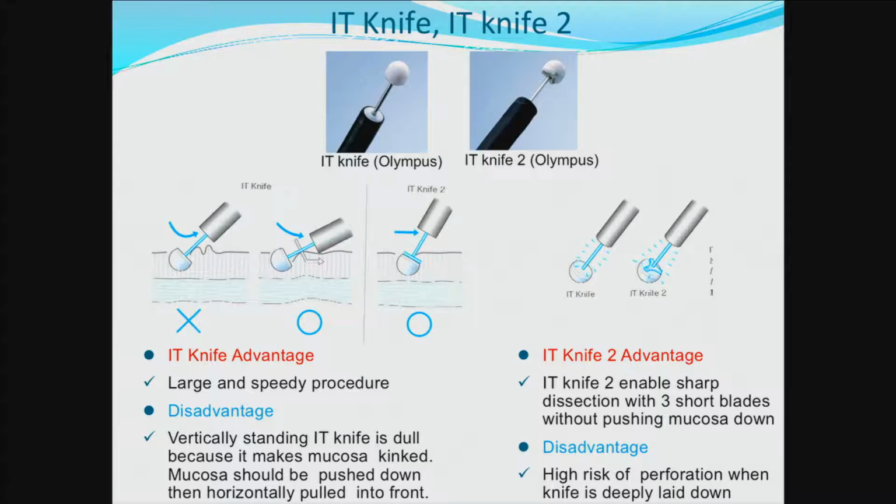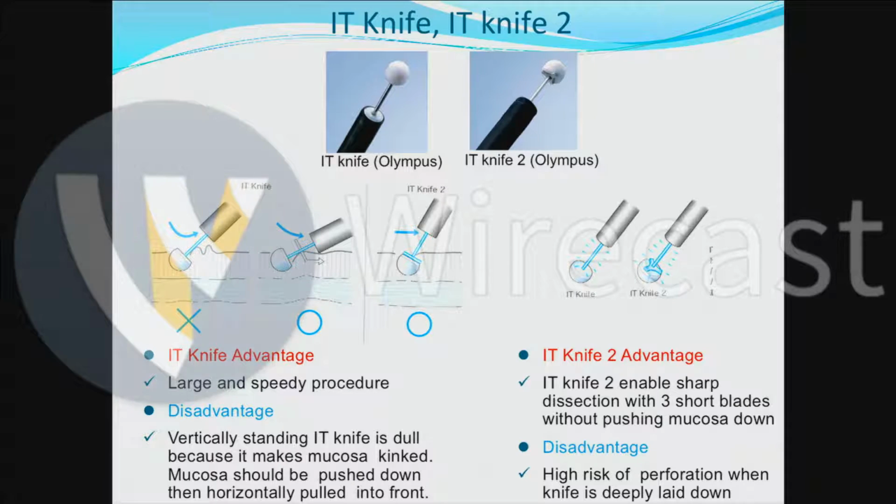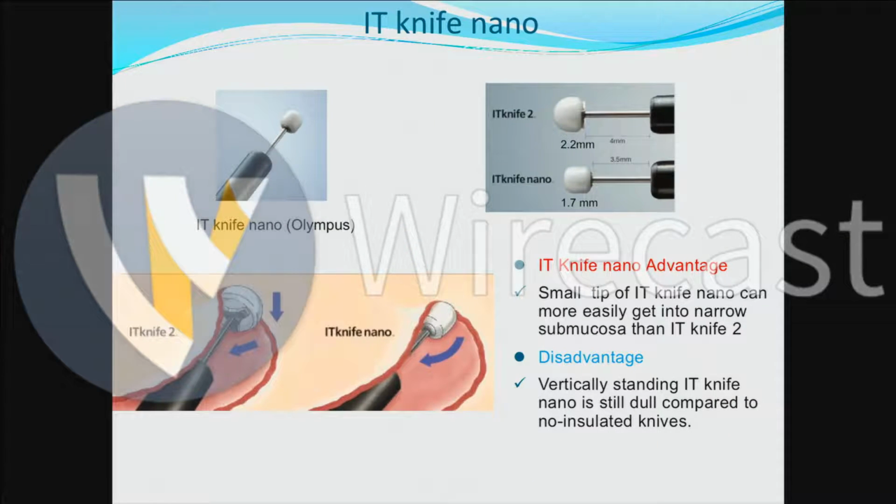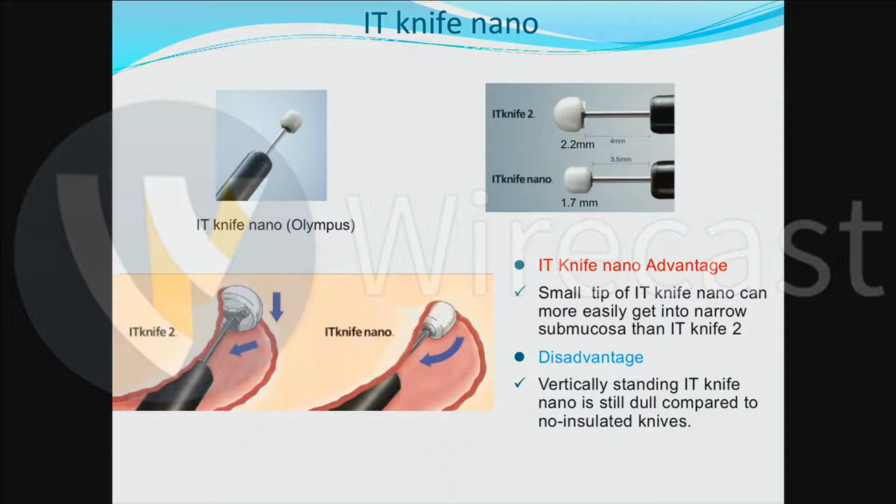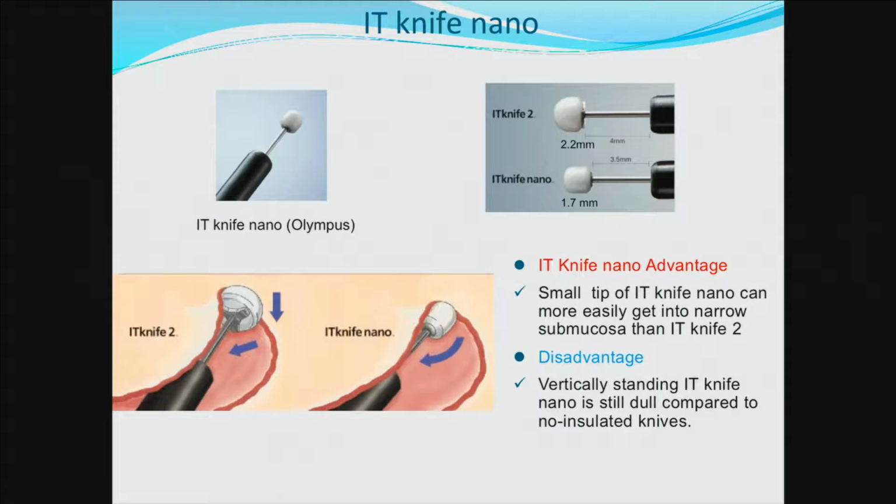But IT knife 2 still has a disadvantage: not high, but some risk of perforation when the knife is deeply laid down. IT knife nano was developed after IT knife 2, with a small tip. The small tip IT knife nano can more easily get into narrow submucosa than IT knife 2. Nevertheless, a vertically standing IT nano knife is still dull compared to the